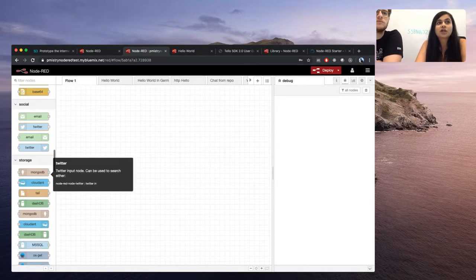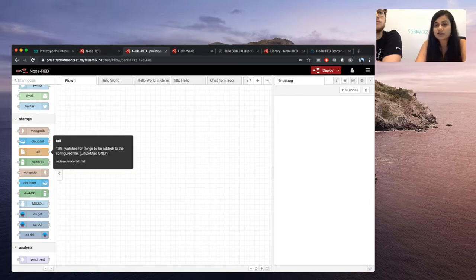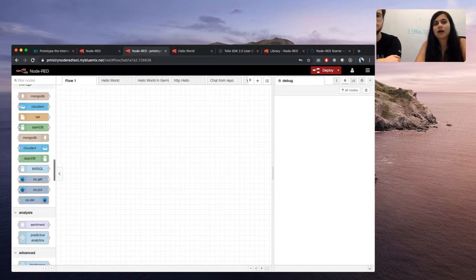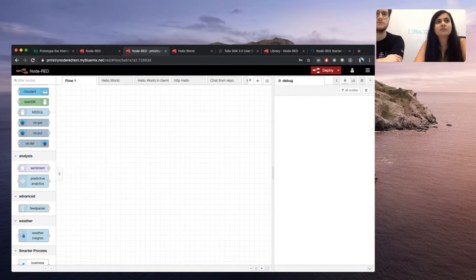There's storage, also Cloudant. I want to point out Cloudant because when you create your instance of Node-RED, it also creates an instance of Cloudant for you. So you can actually store your data on the spot and manipulate it that way. You don't have to work on creating an account with any other data service. You can just use it while you have this cloud version of Node-RED. And then some of the most fun